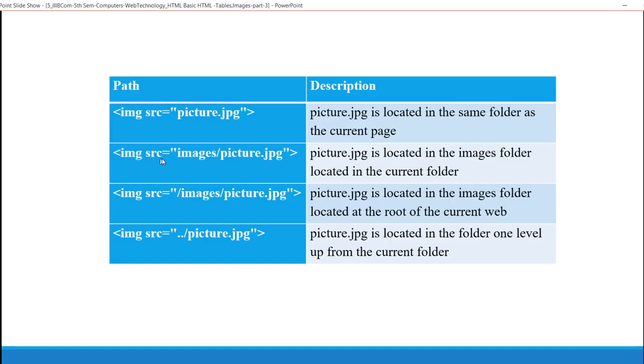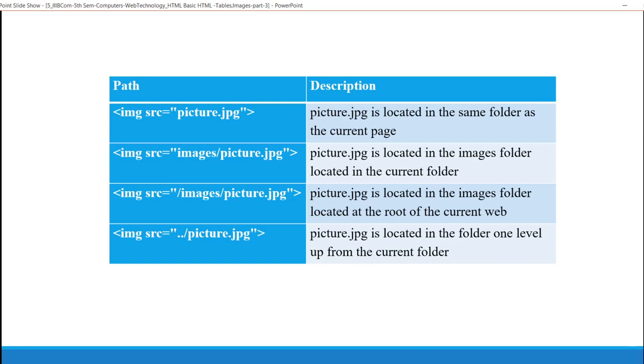Next, coming to image source equals to images/pictures.jpg, this picture.jpg is located in the images folder located in the current folder. For example, our current folder is images. I have taken text.jpg. This text.jpg is located in the images folder. This is our current folder.